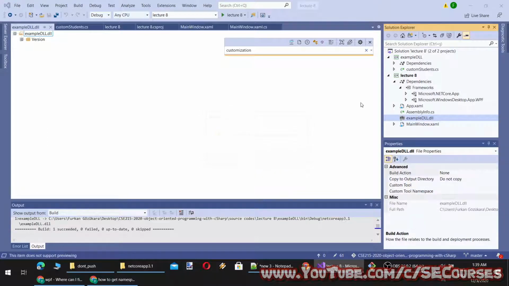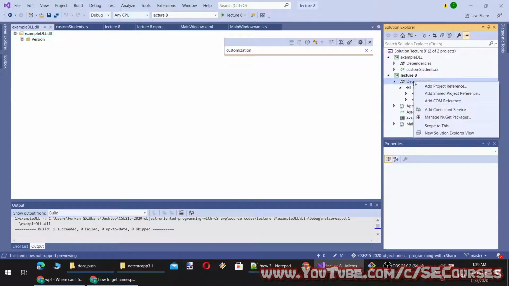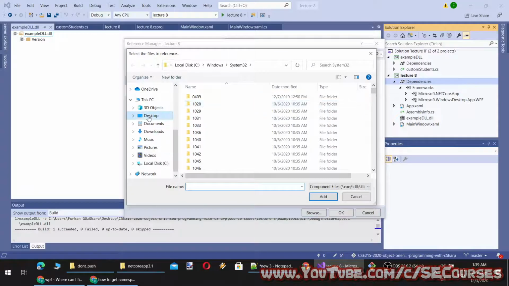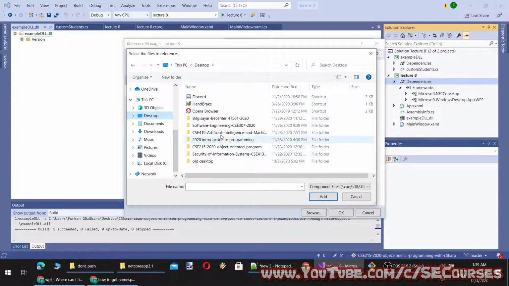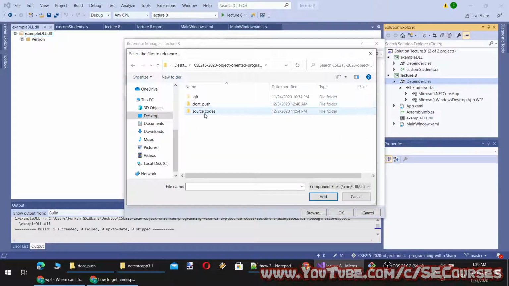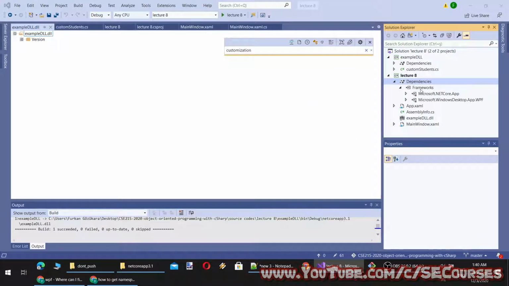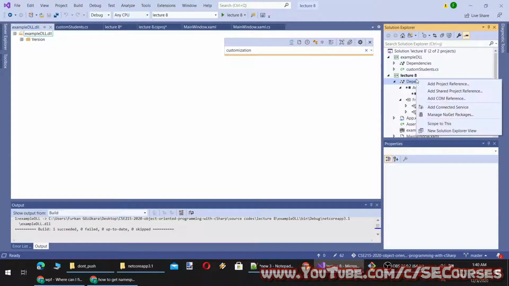Okay, I'm going to delete this and I'm going to add a COM reference and from browse it is here, and lecture 8, debug, example DLL. Okay, and yeah, it is added under assemblies.